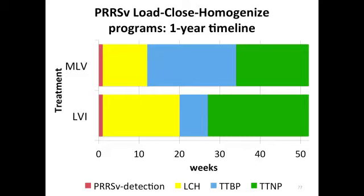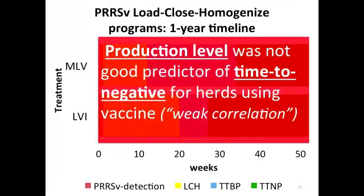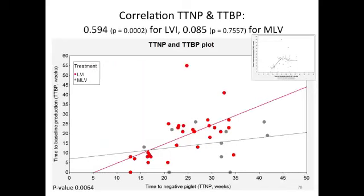they took longer to achieve TTNP. And so what this plot shows us is that if you do additional statistics, production level was not a good predictor of time to negative pigs for herds using vaccine. It didn't mean that they recovered production soon, that they were shipping negative pigs out the door. And if you look at the correlation between TTBP, or baseline production levels, and time to negative piglet,